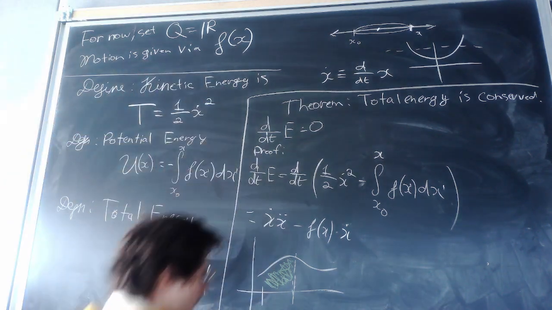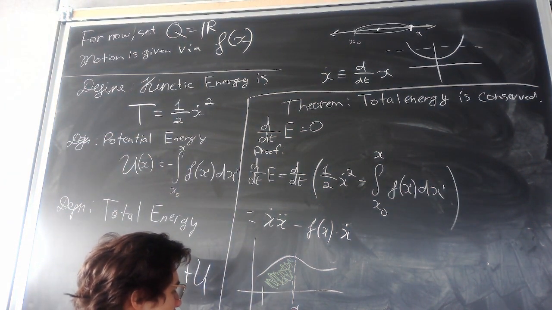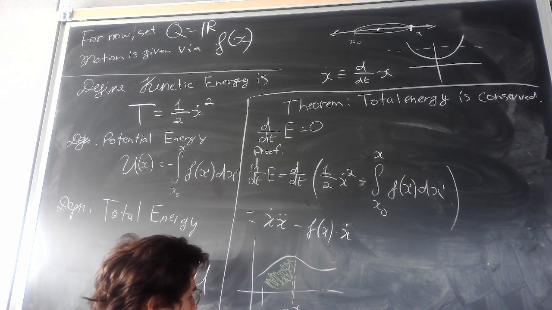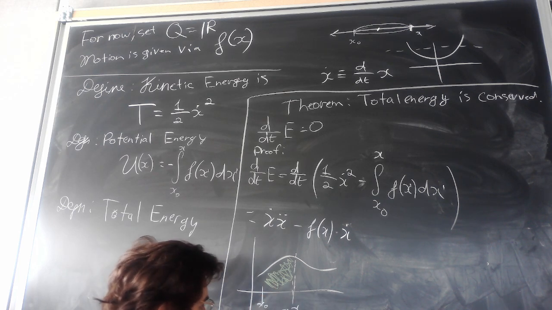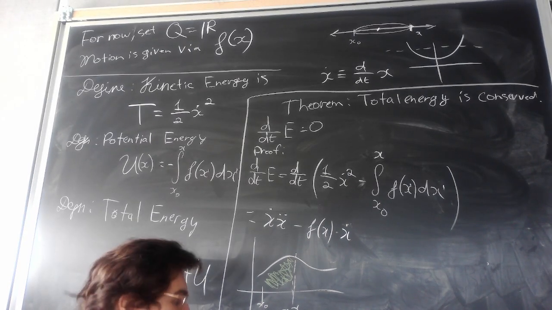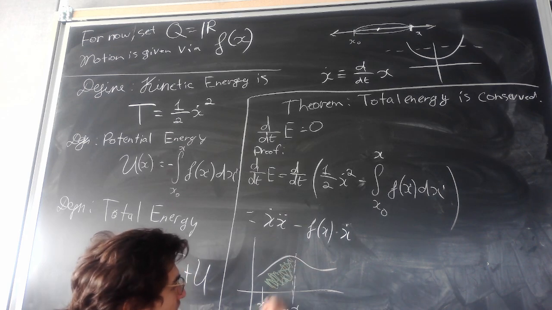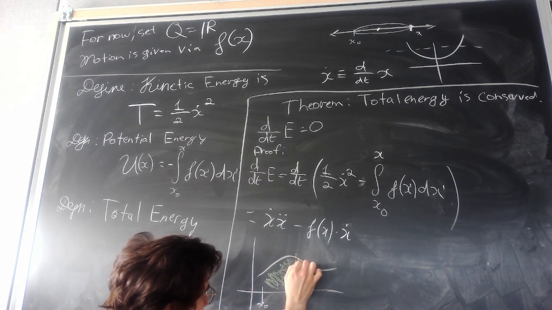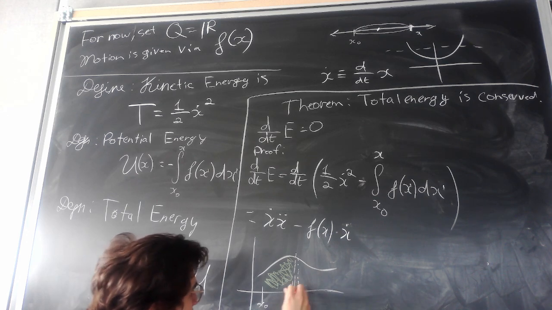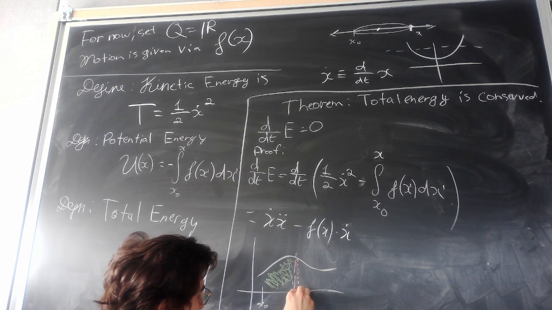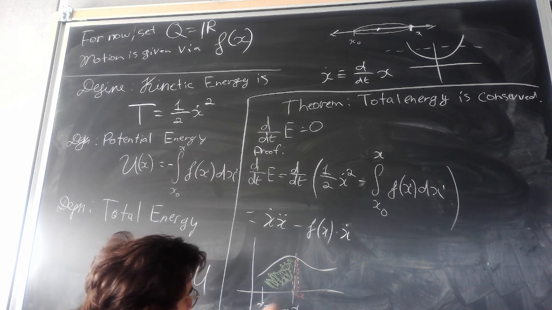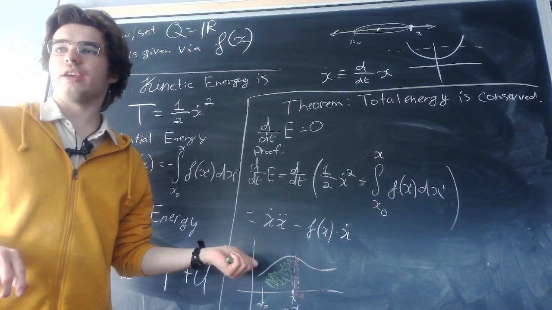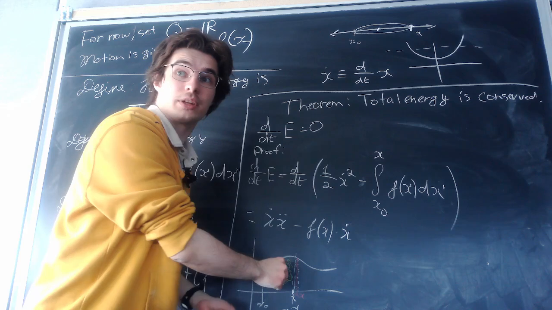Then I'm going to ask you: what is d dx of the integral from some reference point x naught to x of f(t) dt? I'm saying if I shift x a little bit, by how much does the area change? Do you agree? So this would be the dx, and this would be the point x. And if I change this by a little bit of dx,